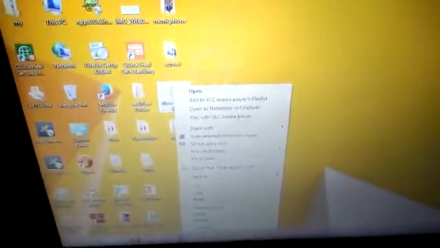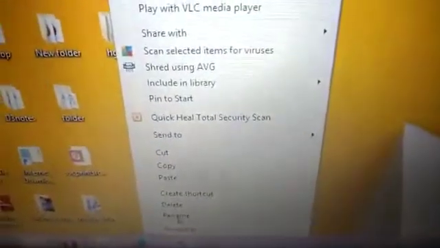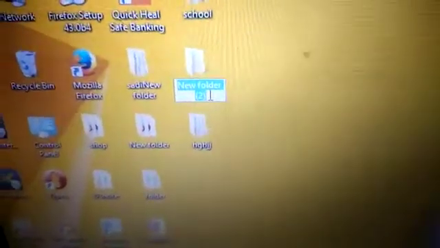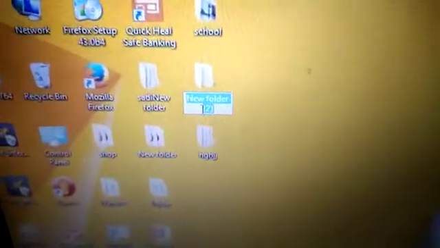In the second last you can see the rename option is given. Then click on this rename option, and after clicking you can see the name will be highlighted, and then click backspace and write any name that you want to write, and then click here.